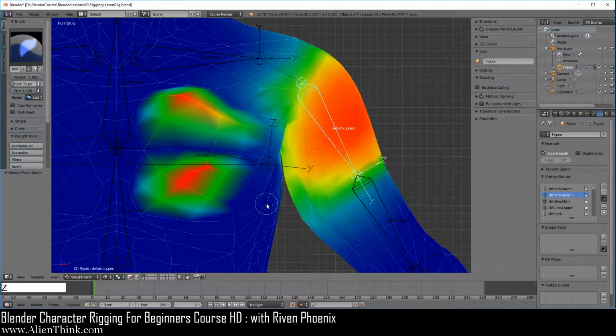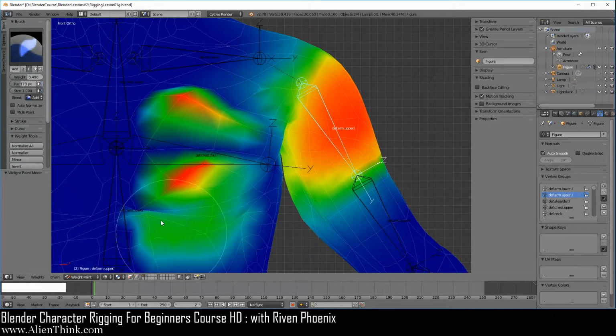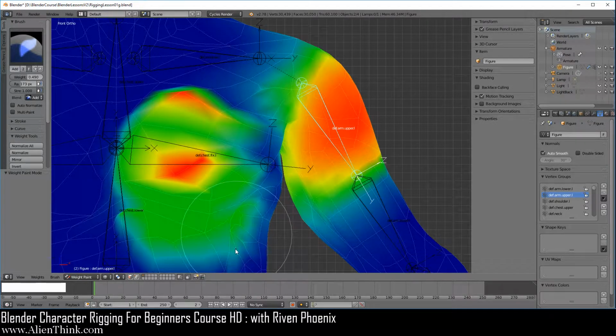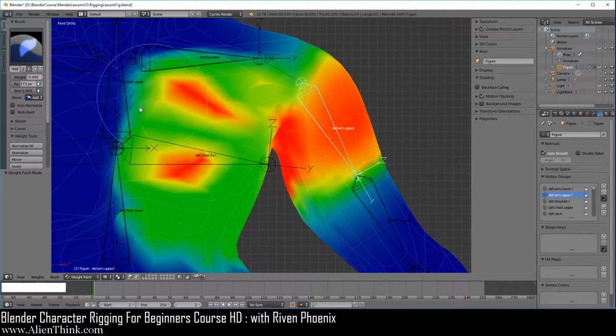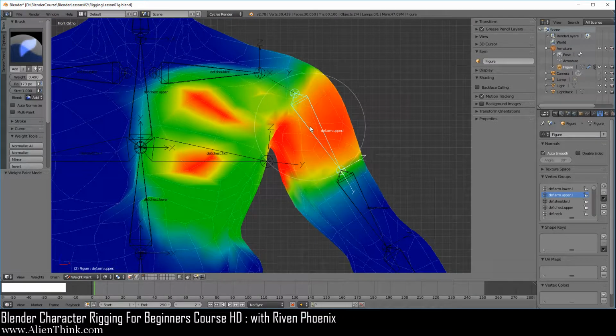Press the Z key to go back to wireframe. So over here, we'll actually switch this to around 5 and actually increase the radius over here for the brush and just go ahead and click. So you can see that we can very quickly add more and more vertices to this. So here you can see that as soon as we start to add more of these vertices to it, the vertices are moving as to where the bone is going, right? So we can use this concept with weight paint to fix the deforms.